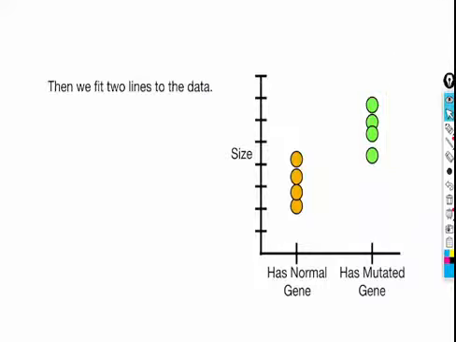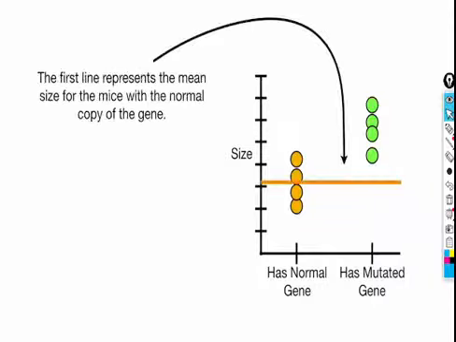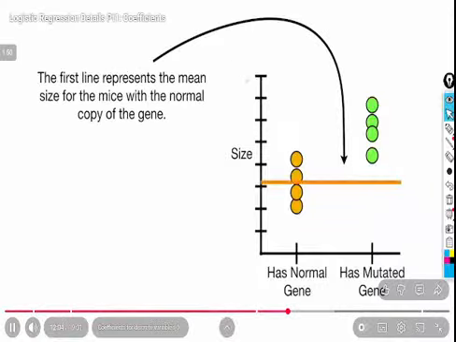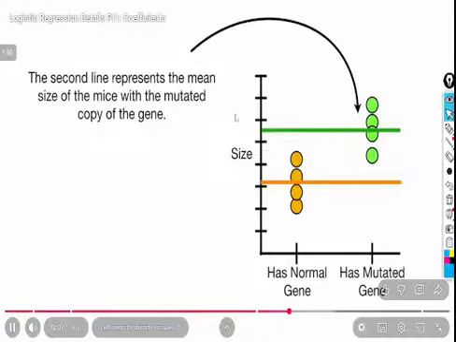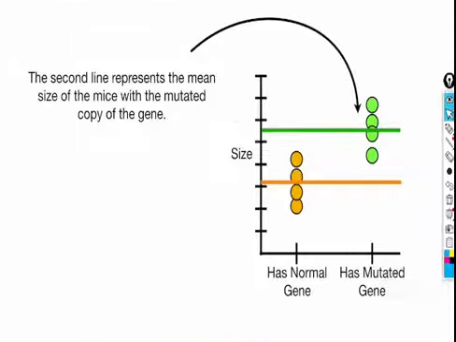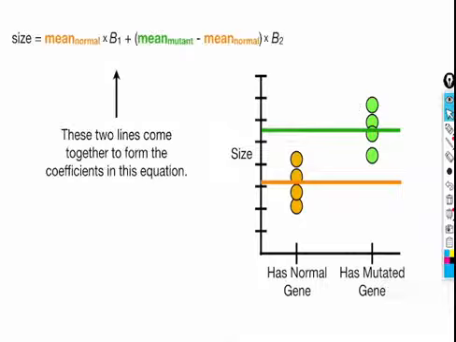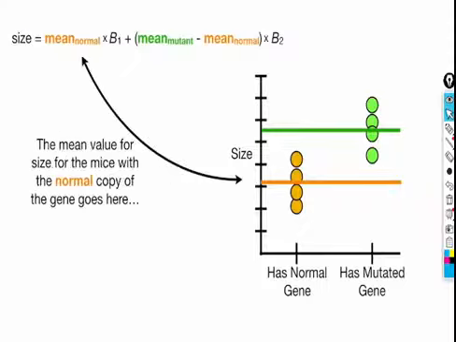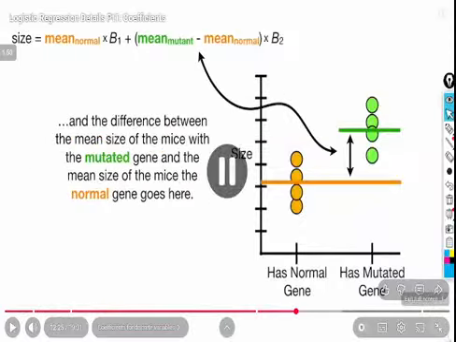Then we fit two lines to the data. The first line represents the mean size for the mice with the normal copy of the gene. The second line represents the mean size of the mice with the mutated copy of the gene. These two lines come together to form the coefficients in this equation. The mean value for size for the mice with the normal copy of the gene goes here, and the difference